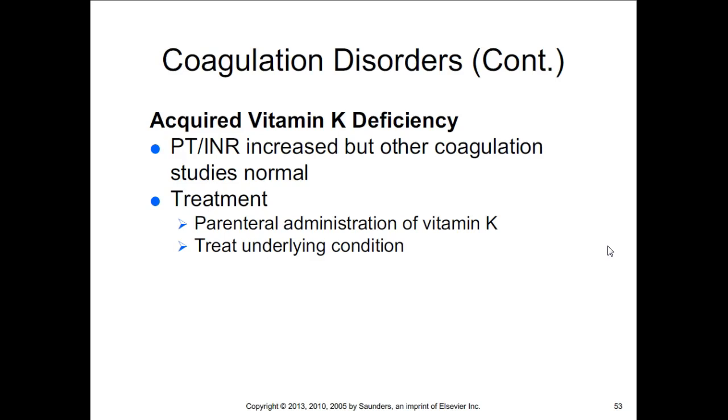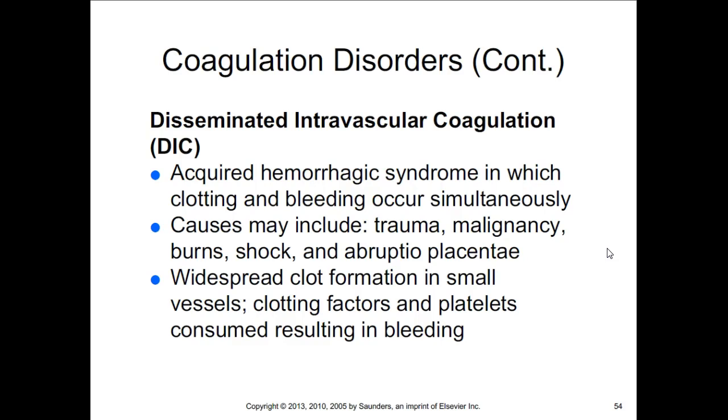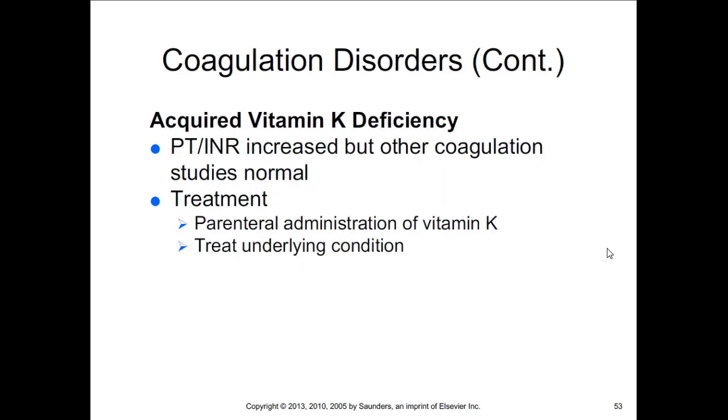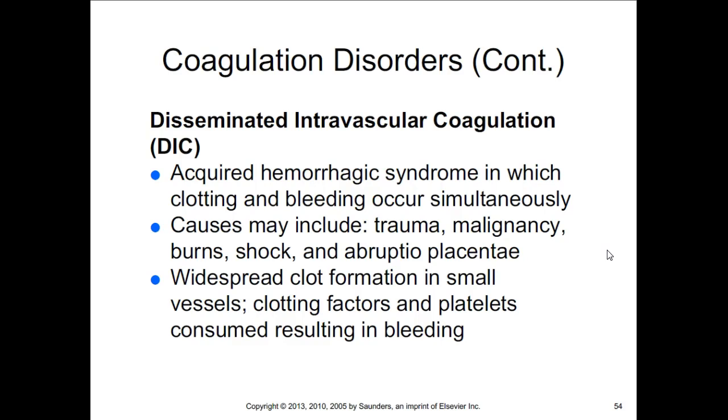So then some of the treatment, right? Parenteral administration of vitamin K, and then treat basically the underlying condition. And then disseminated intravascular coagulation is a hemorrhagic syndrome, which is acquired usually due to trauma or malignancy, abruptio